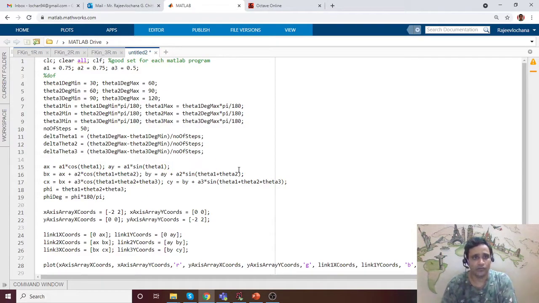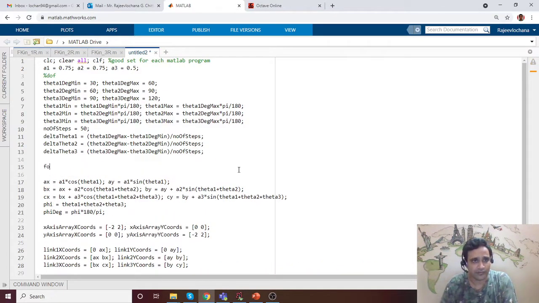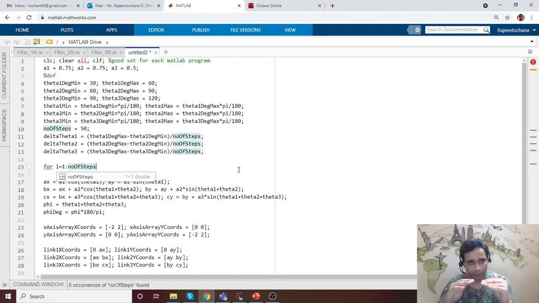So to have the for loop, let me use a for. I'm going to use I, which starts from 1 till number of steps. I is starting from 1, 2, 3, 4 till number of steps. That is how we have made it.